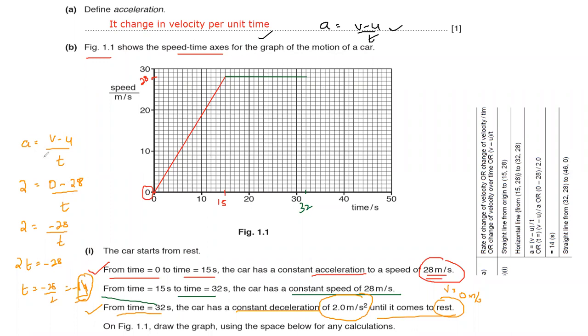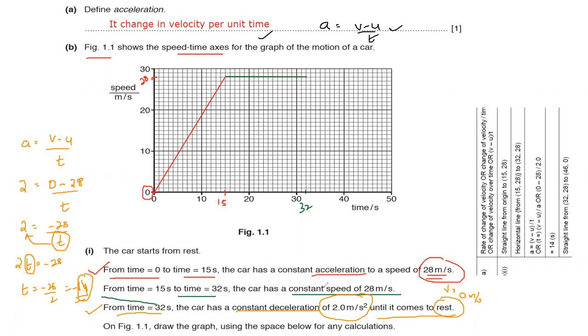How is it 2t? Look, Abdullah, the deceleration is 2, the final velocity is 0, the initial velocity is 28, and time is t. So 0 minus 28 is equal to minus 28. This t is divided here. In mathematics, if a value is divided on one side of the equal sign, on the other side it will be multiplied. That's why this t is divided, and on the other side it will be multiplied. So it will become 2t is equal to minus 28. But because we are finding t, 2 is multiplied, so on the other side it will divide. So minus 28 divided by 2 will come out as 14. So it will take 14 seconds basically